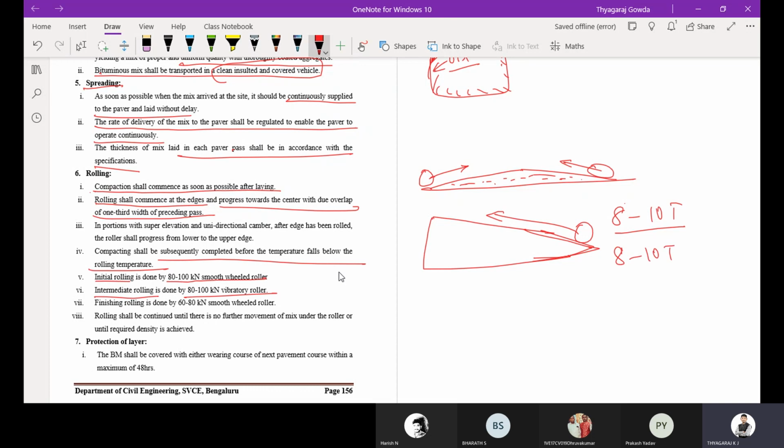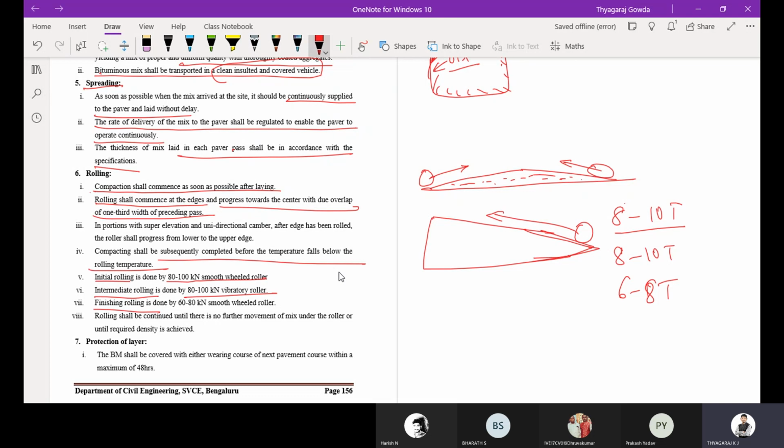Then finishing rolling is done by a 6 to 8 ton smooth wheel roller. So remember, initial rolling uses an 8 to 10 ton smooth wheel roller, intermediate rolling an 8 to 10 ton vibratory roller, and final rolling a 6 to 8 ton smooth wheel roller.